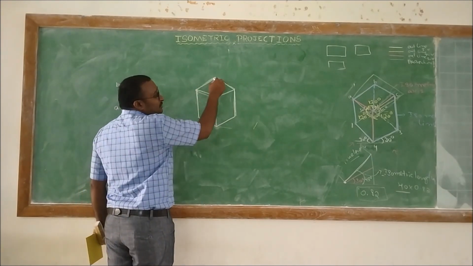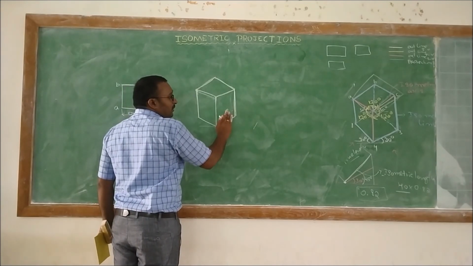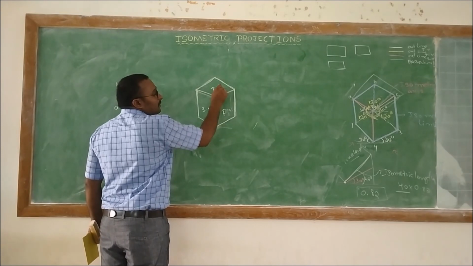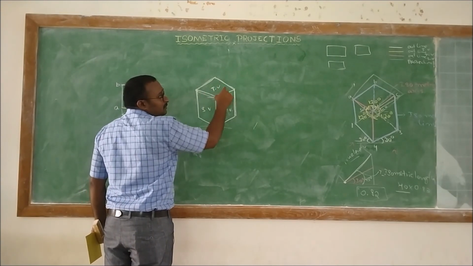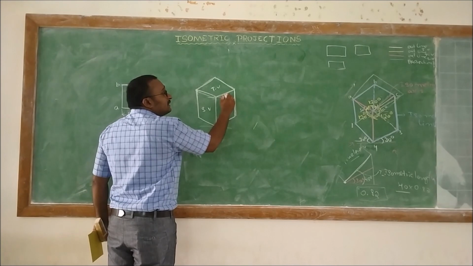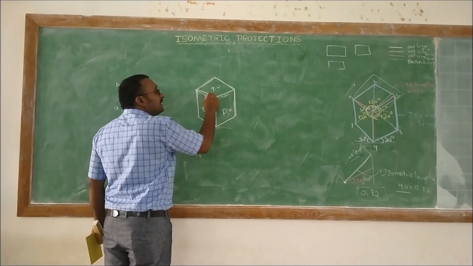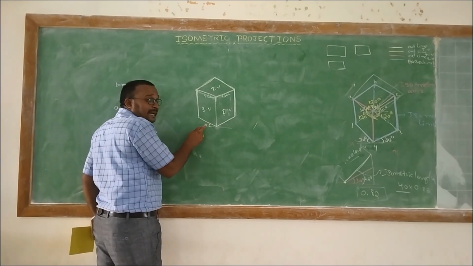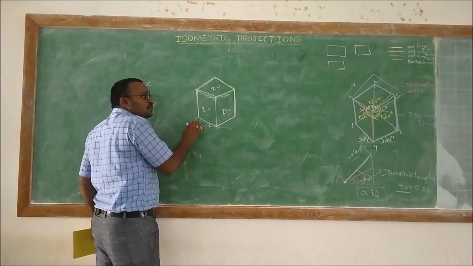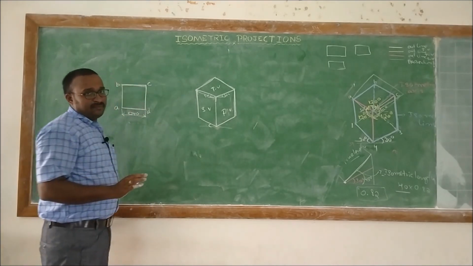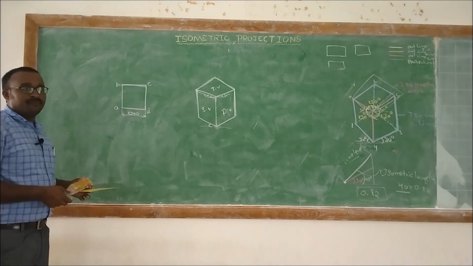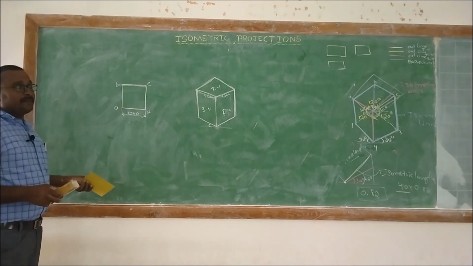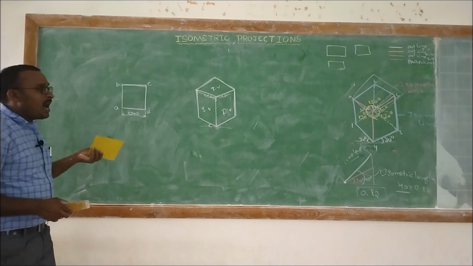Automatically we will get the three-dimensional view: front view, side view and then top view. So the top view plane should be at 30 degrees inclination. All the sides are at 30 degrees inclination. But here only the horizontal lines will be inclined at an angle of 30 degrees. The vertical line should remain vertical. Please remember that, right? So this is the way we need to convert that orthographic projection into isometric view.